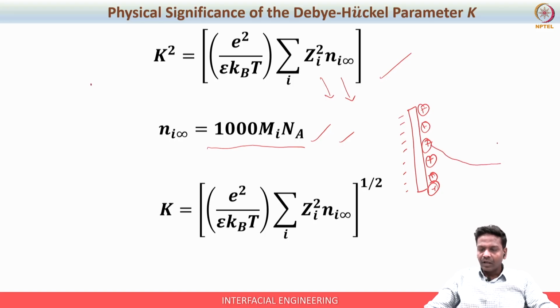Okay. But the variation after some point will not be pronounced. There will be no variation after some point. So what does it indicate? Within this zone there will be variation of the potential. After this zone, no matter how strong the surface is,